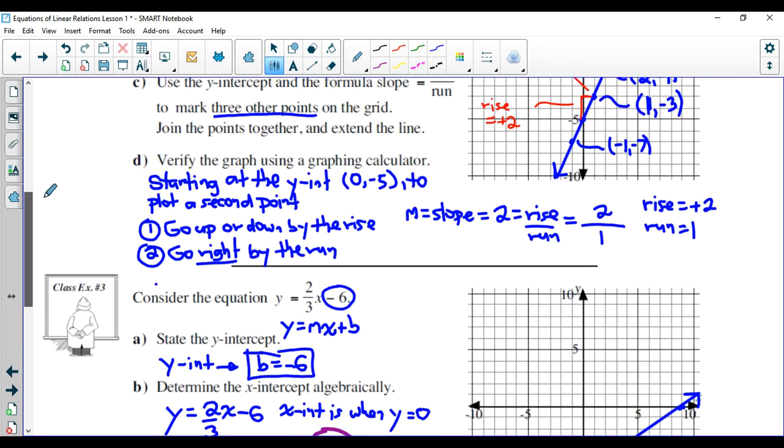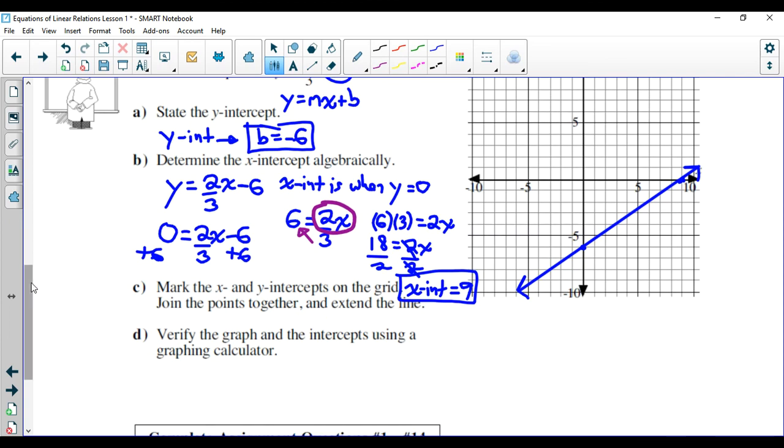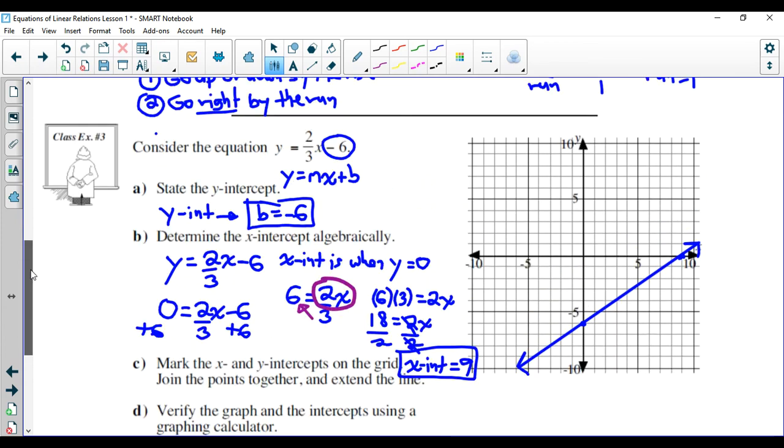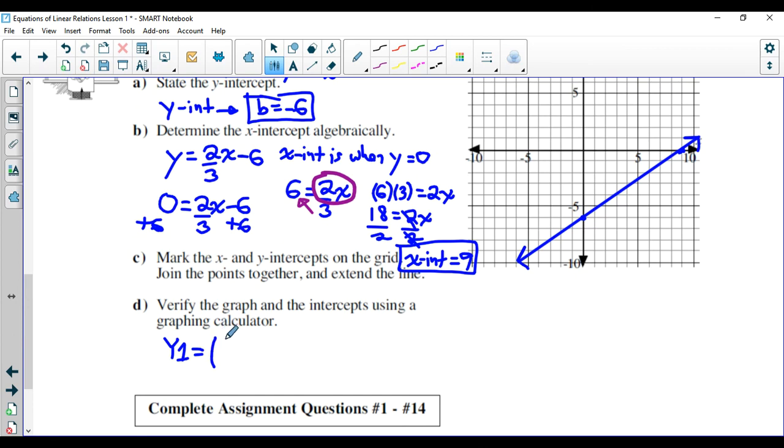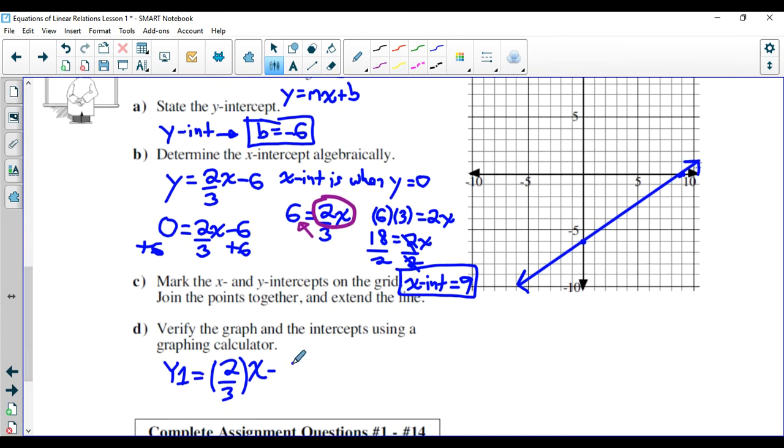I should mention part D, even above, said verify using a graphing calculator. I'm not going to do that right now, okay? So you could use a graphing calculator to plot y1 equals, I put the fraction in brackets, so like 2 over 3x, and then minus 6. And then to calculate the intercepts using the graphing calculator, so the y-intercept, you would use that function, you'd go second,